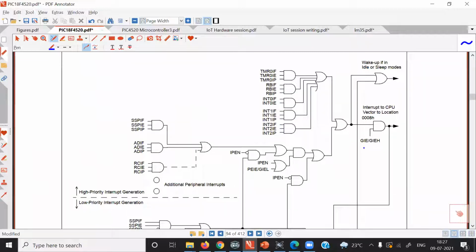There is one bit called global interrupt enable. When this bit is 1, interrupts will get enabled. However, other interrupt enable bits must be set to 1. When the global interrupt enable bit is 0, all interrupts get masked, all interrupts get disabled. So it is as good as a master key. This bit is the master key for the interrupt.